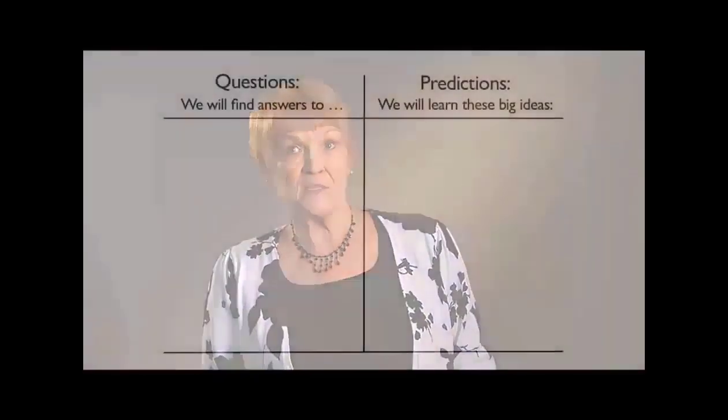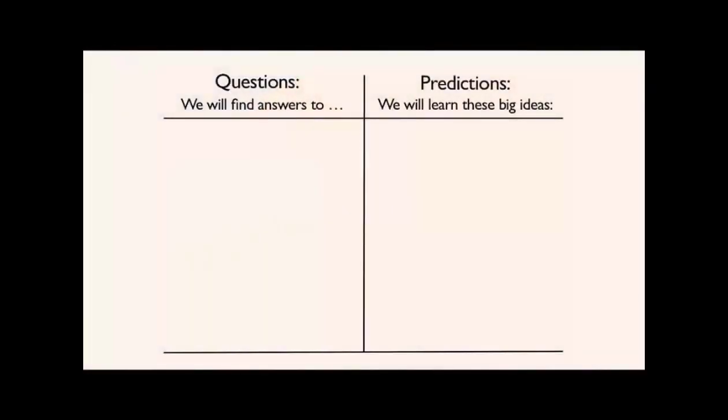The students will be working in groups to come up with their questions, and when I feel that they've had enough time to generate 2 or 3 questions about what they think they're going to learn when they read this text, I'm going to ask them, and we're going to post the questions on our chart. So I'll go to Group 1 and say, Group 1, what's one question you think we'll find answers to when we read this text? So let's pretend that Group 1 comes up with the question, where in the universe is